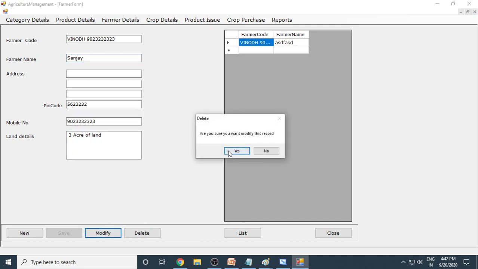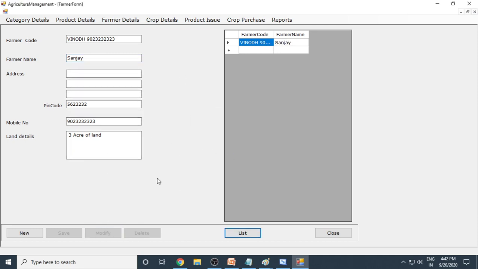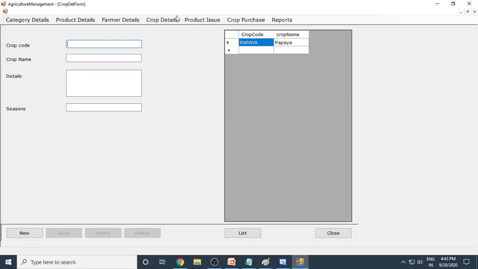Then if you have a new entry, you have to save it. If it is an old entry, you need to modify it. You can enter any number of records. At least for the demo, 5 to 10 records are important. Therefore, you can practice by entering the data. After making the design ready and writing the code, you need to check it by entering some data.